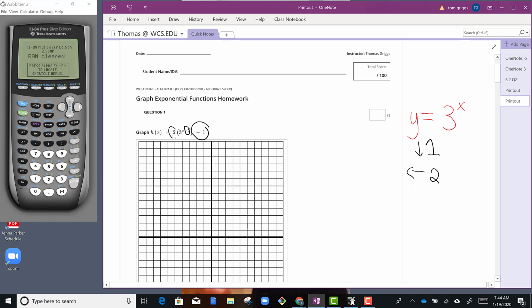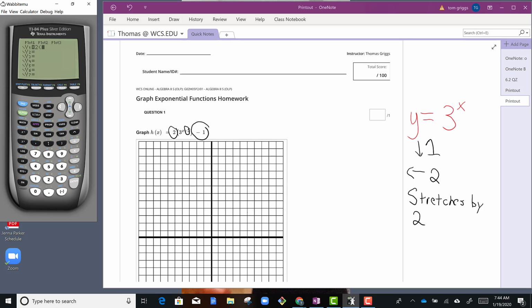And finally, this 2 out front stretches the graph by a factor of 2. So you need to know the shift rules because this is helpful when it comes to determining the domain, range, and asymptotes. But you can also use the calculator